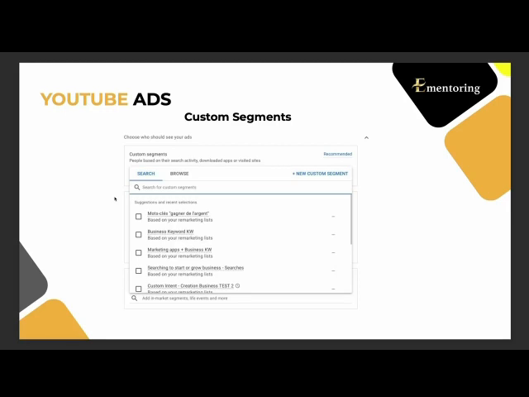So for instance, if you just create a cloud with a lot of keywords related to weight loss, if you are promoting a weight loss product, then you can actually target people that have been typing this keyword and searching for this query in Google during the past 30 days, which is very, very powerful. So as you can see, there are many targeting options here, and we'll explore all those together while we'll be